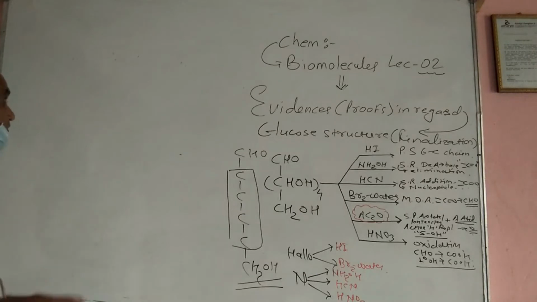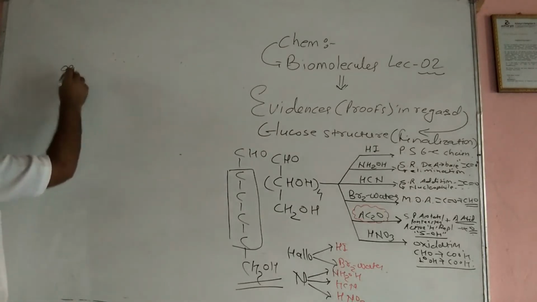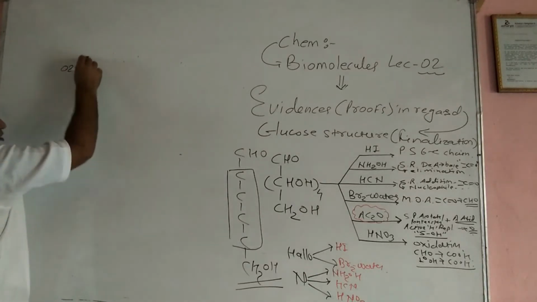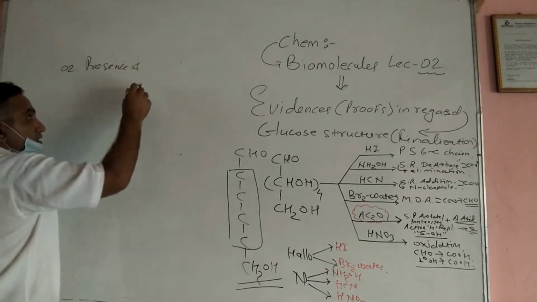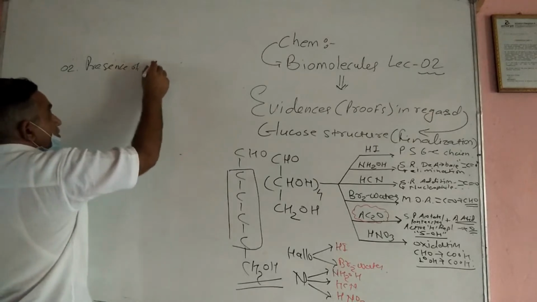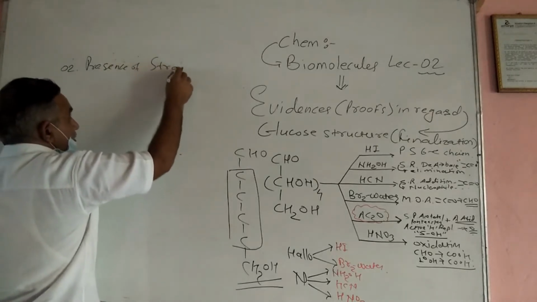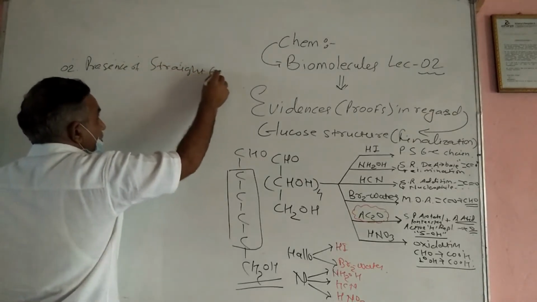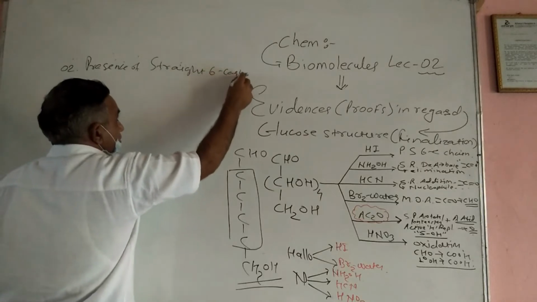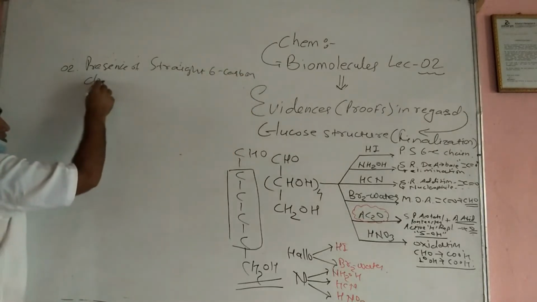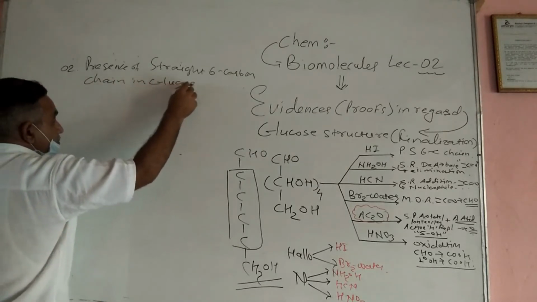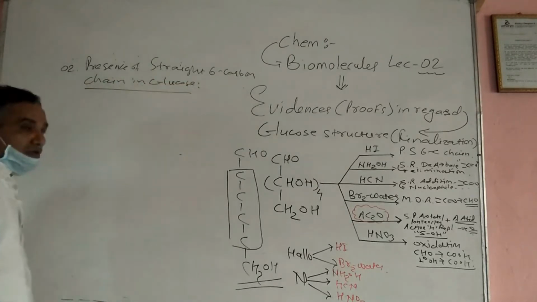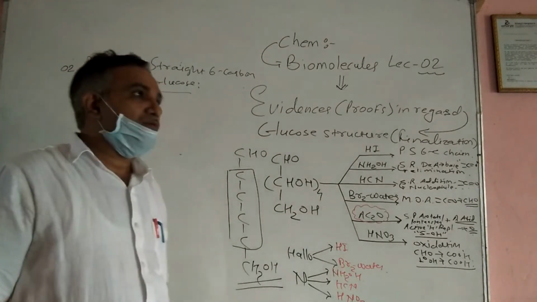That is the second evidence, second proof: presence of straight 6 carbon chain in glucose. So for this purpose you have to use